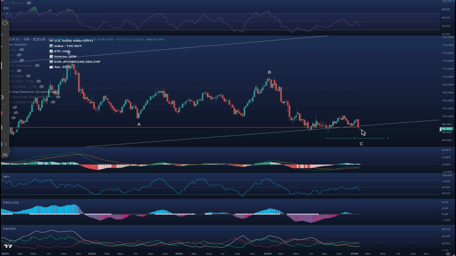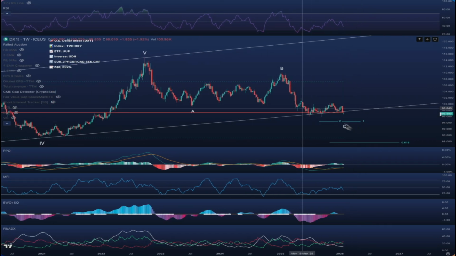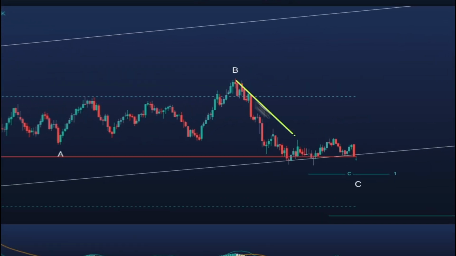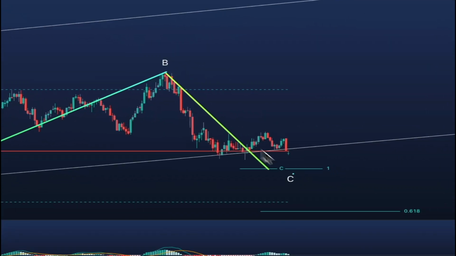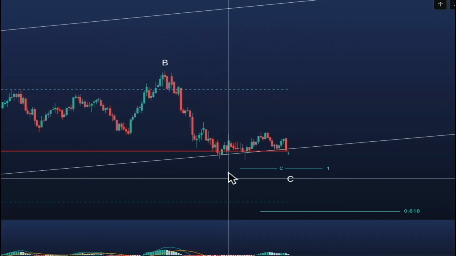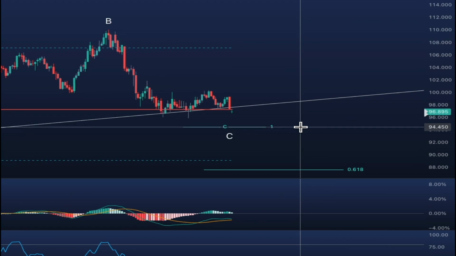Okay. And one thing that you have to remember is that when we look at an ABC correction, it typically ends at the equal length of wave A, right? So we want wave C to equal wave A. And the way we measure that is with an extension, right? So we have wave A, B, and then the 100% extension arrives right here at around